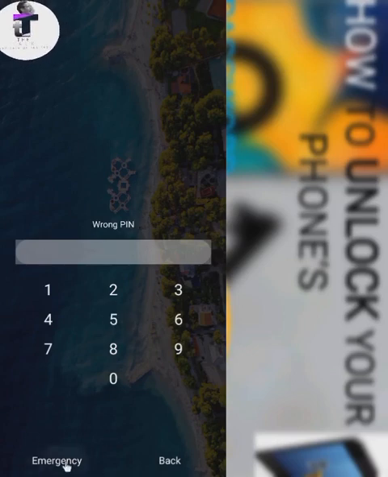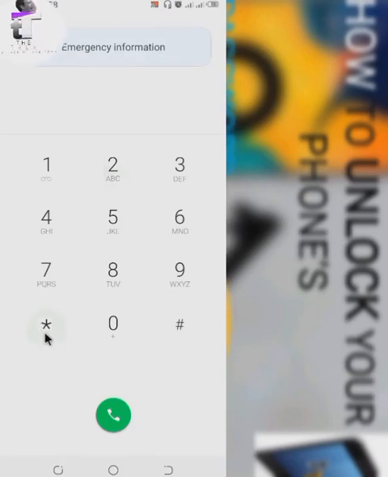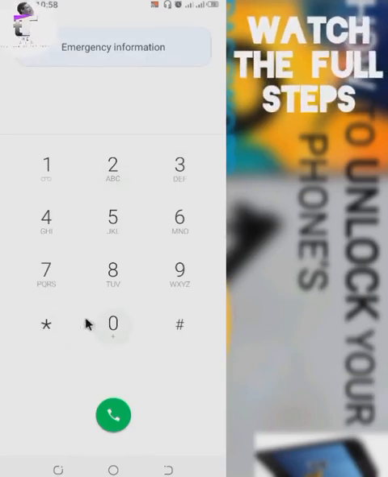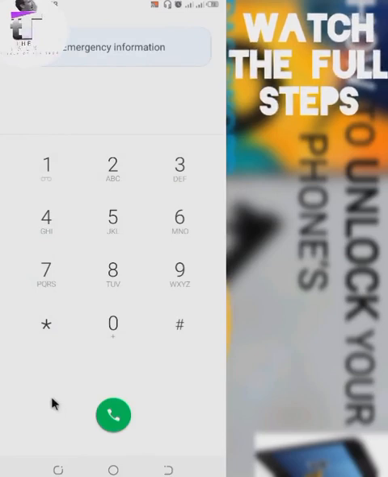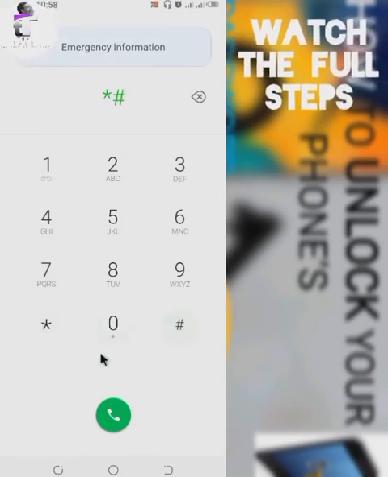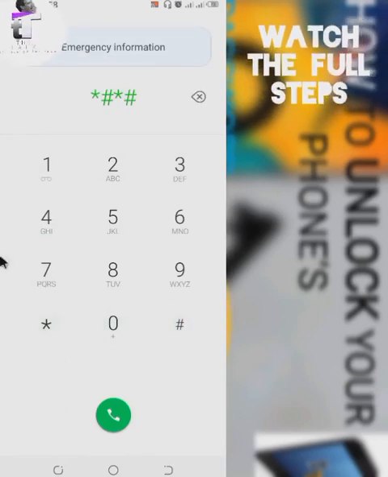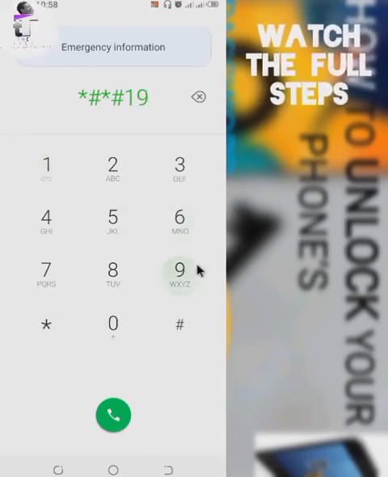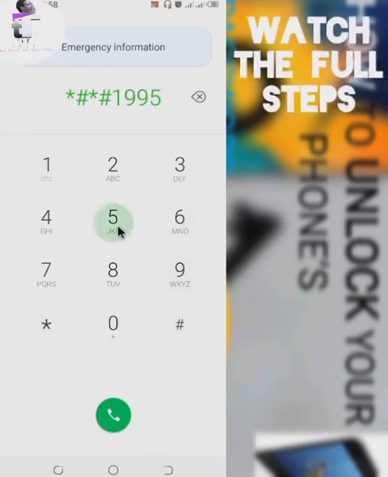So before you can do that, go to the emergency section. In the emergency section, you see all these keys, keypads there. So follow what I'm teaching you now. Follow it, don't miss any steps. In the first place, you point *#*